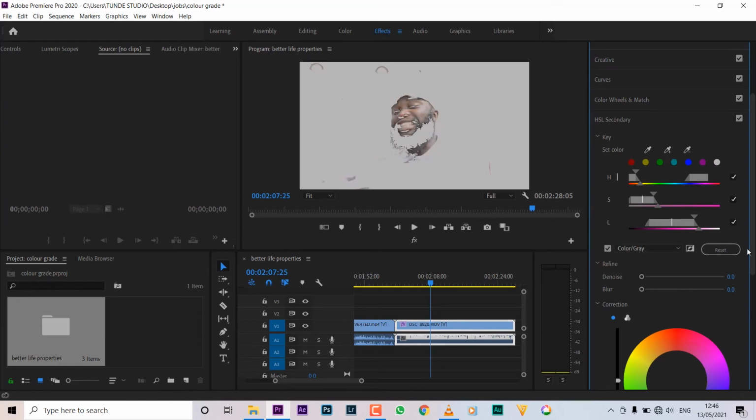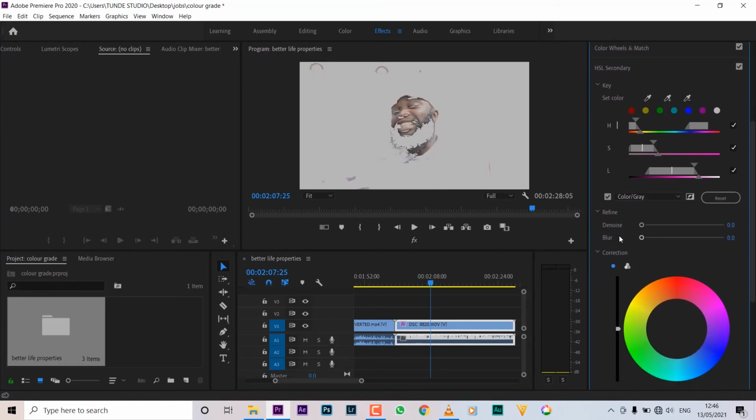Yes, refine the selection. So how do I refine it? I need to denoise it so it doesn't give me jagged edges, and where here I need to blur it out so it will give me a seamless transition from where I graded and where I didn't grade. So with that,